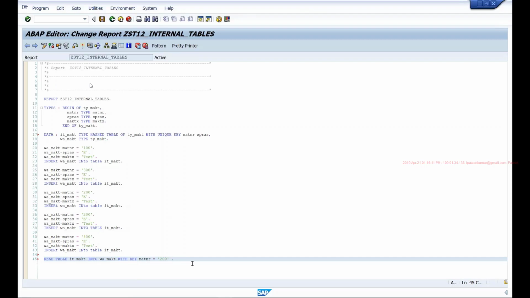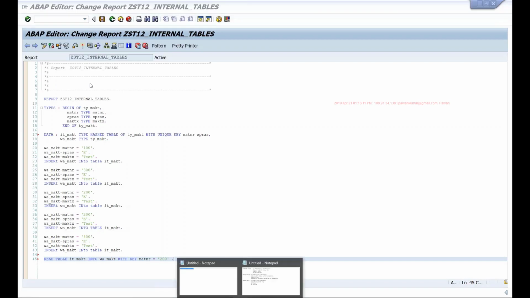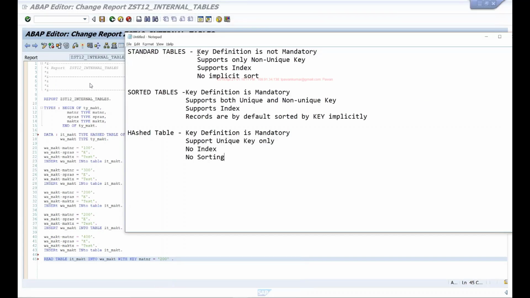Okay. So that is your 3 types of tables and how they are different from each other. So in summary, I can say for standard tables, you don't have to specify the key. It supports only non-unique key, it supports linear index, and it doesn't really sort the records.